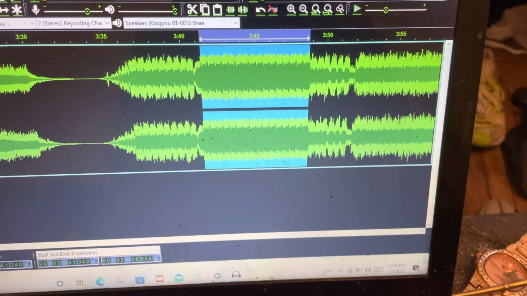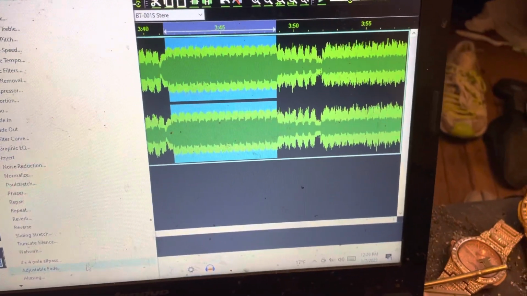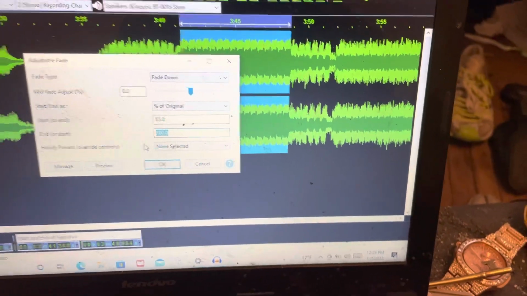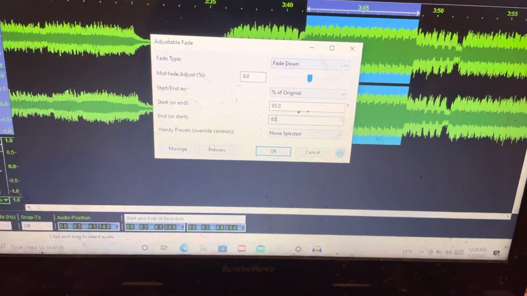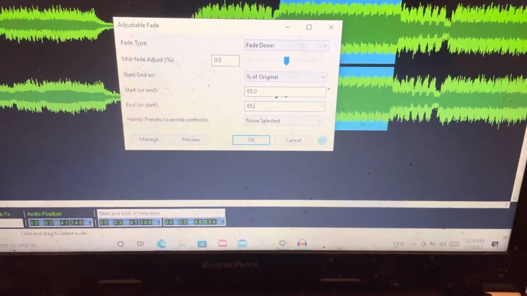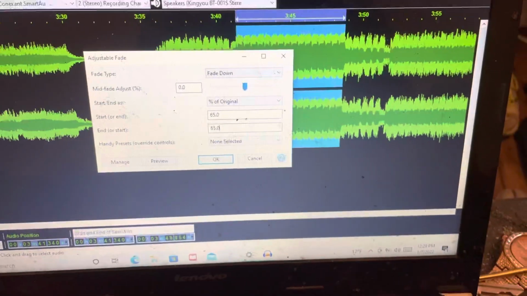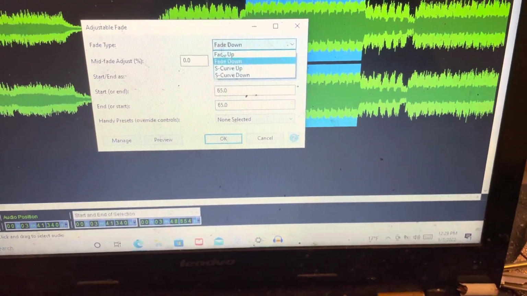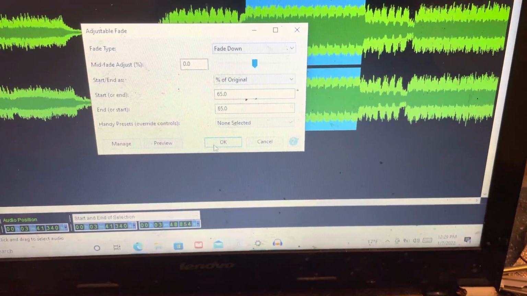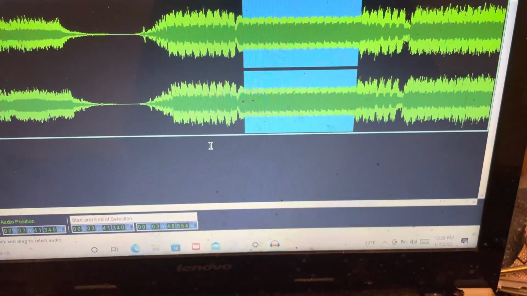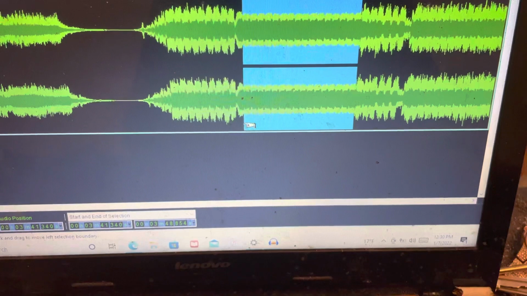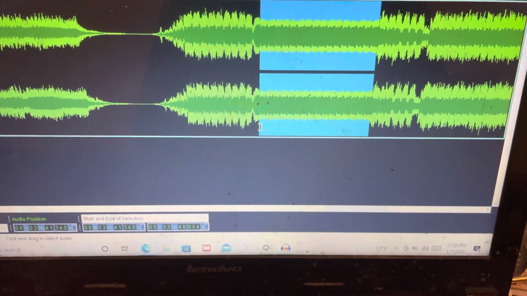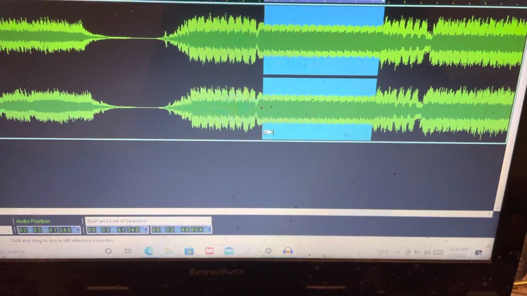Now, the tricky part, if you don't know how to run an adjustable fade and you just do an amplification, it'll clip badly. So that's where you add another 65.0. I'm just getting fancy. Whether it says fade up or fade down, it's not gonna matter. But on that, it's a straight amplification that matches the end of the adjustable fade there. Then from there, and I better get this toggle right, otherwise